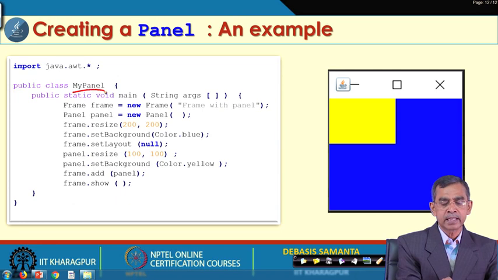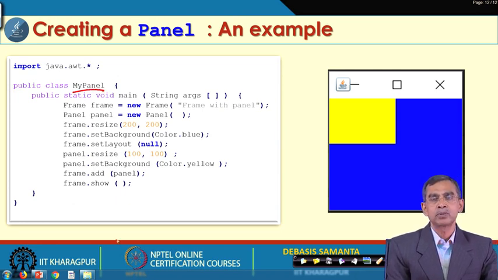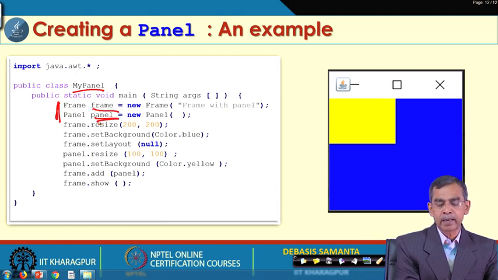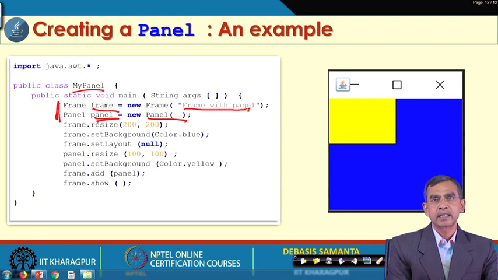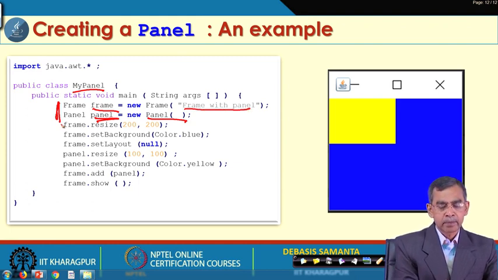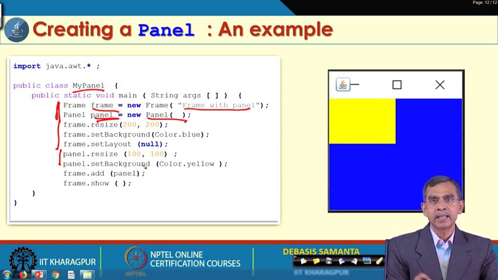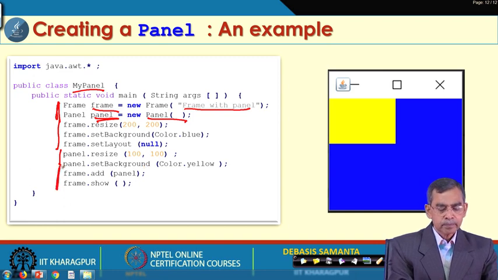This is the class program to create the panel, and here you see we have created a frame and then a panel. The default constructor is there, and this is the constructor for the frame, and this is for the frame resize, set background, layout, and this is for the panel resize and set background. As you see, all these things can be managed or controlled using these methods.